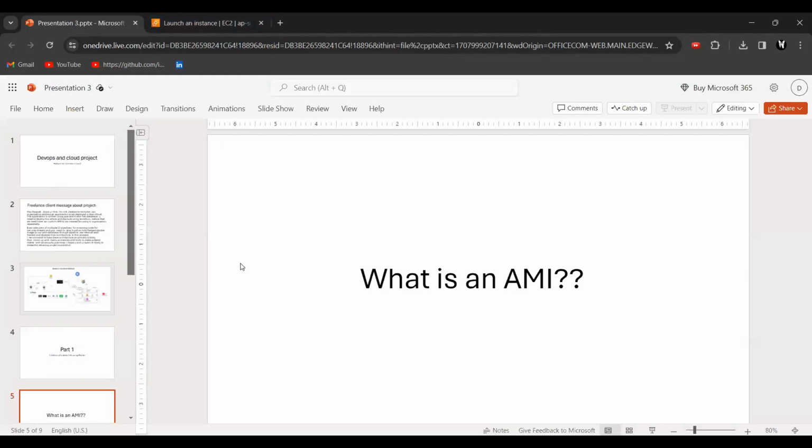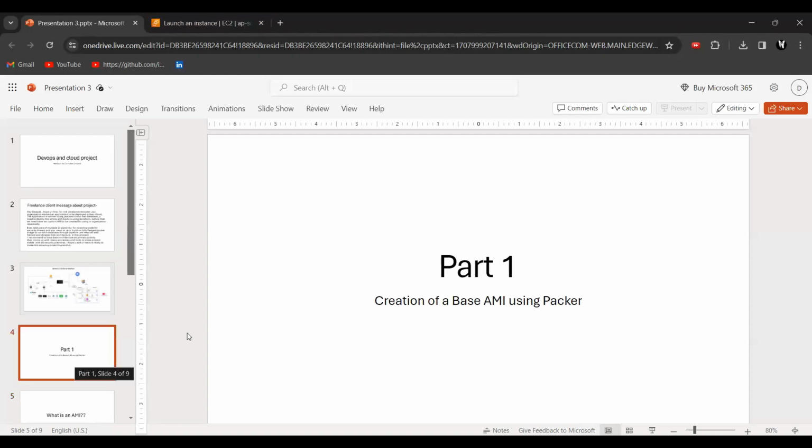Our first part is the creation of a base AMI using Packer.